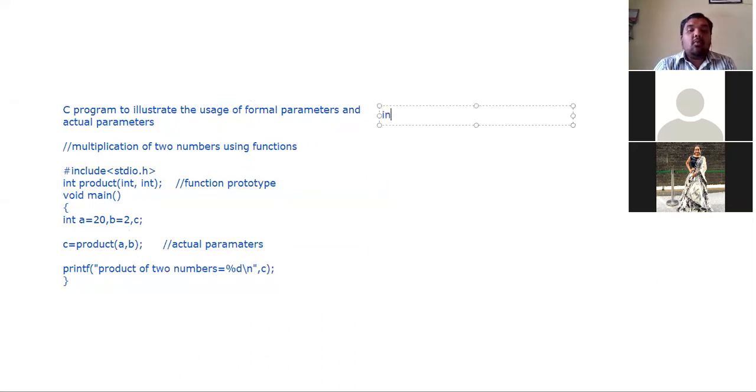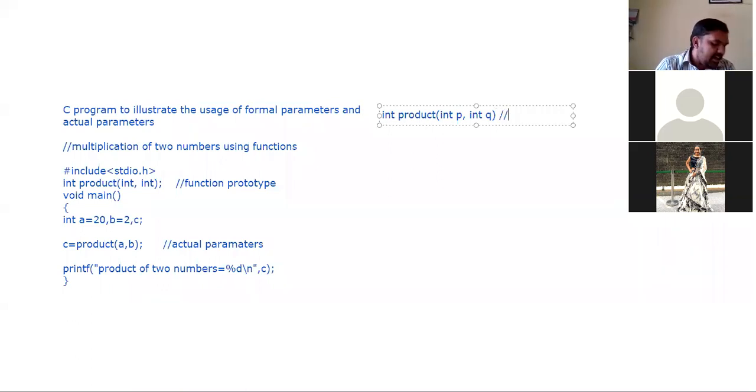So now, what is the function now? Product of. See, what is the function prototype? Int product of int comma int. So I will take up two more variables, int p comma int q. What are p and q called?